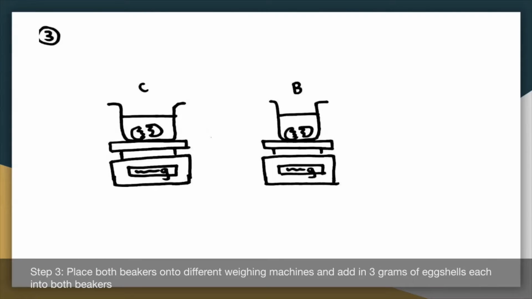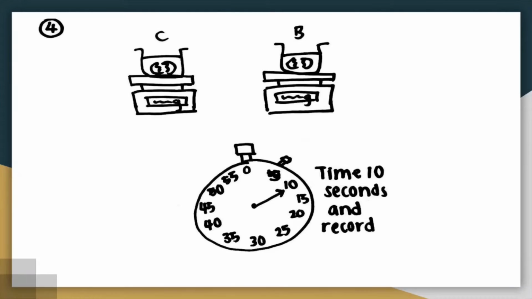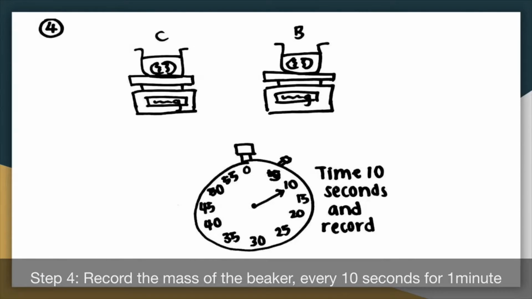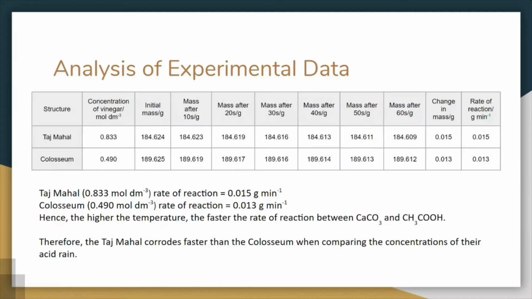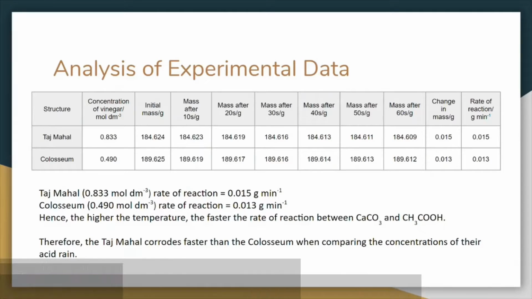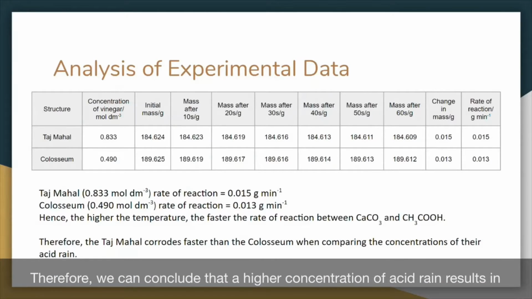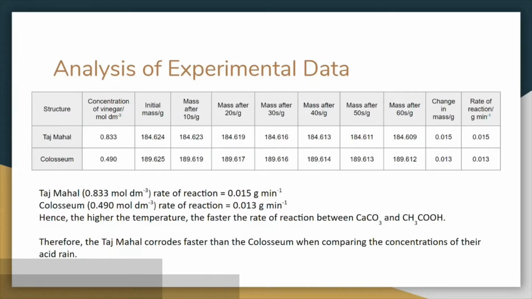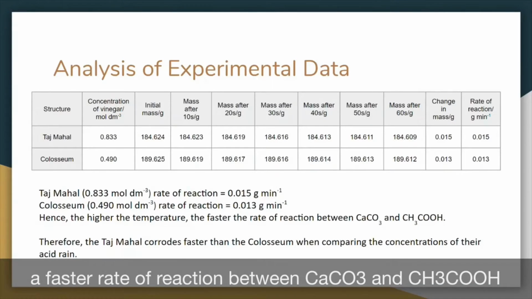Step 3. Place both beakers onto different weighing machines and add in 3 grams of eggshells each into both beakers. Step 4. Record the mass of the beaker every 10 seconds for 1 minute. From our experimental results, the rate of reaction for the beaker with a higher concentration is 0.015 grams per minute, while the rate of reaction for the beaker with a lower concentration is 0.013 grams per minute. Therefore, we can conclude that a higher concentration of acid rain results in a faster rate of reaction between calcium